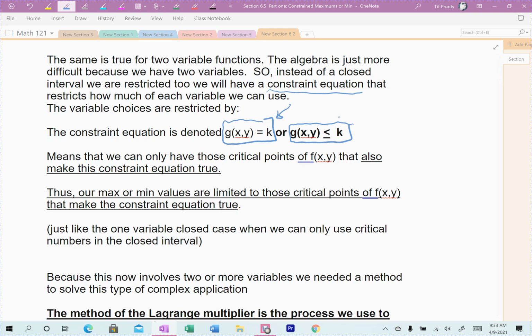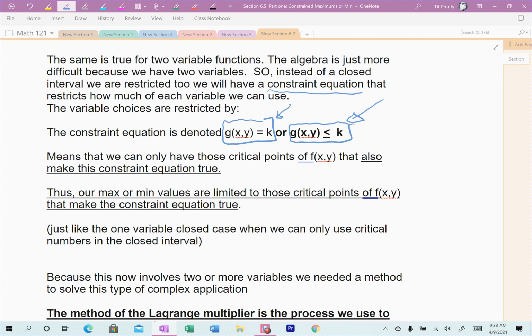I can't go over it because that's the only amount of money I have, right? I don't have more than $20,000 to spend. But technically speaking, I could spend less. If I'm efficient, I could spend less than that. So again, when we set it up, we do set it up more with the equal to. But in reality, it's an equal to and a less than. And I will do one example where we will use the less than case, where we have to stay